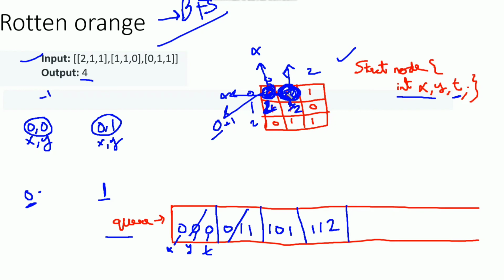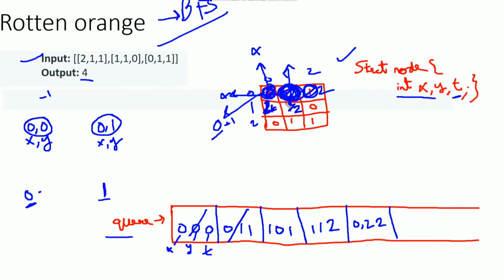Now from this location we need to move in the right direction. While moving right we found this cell having value 1, which is the adjacent cell. So we need to convert the value from 1 to 2, and we need to enqueue the information of this location. Its information is 0 comma 2, and the time taken for it is the value of the current cell, which is 1, plus 1, so it will be 2.